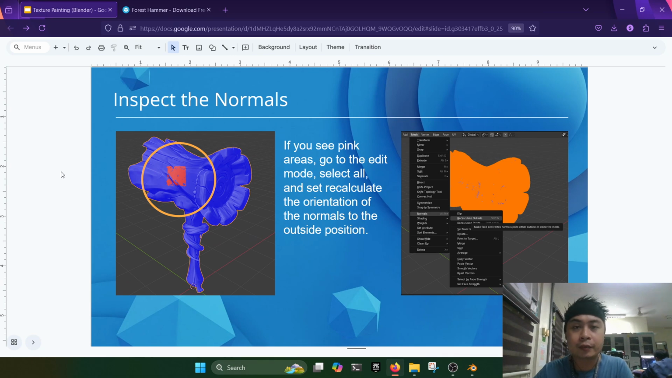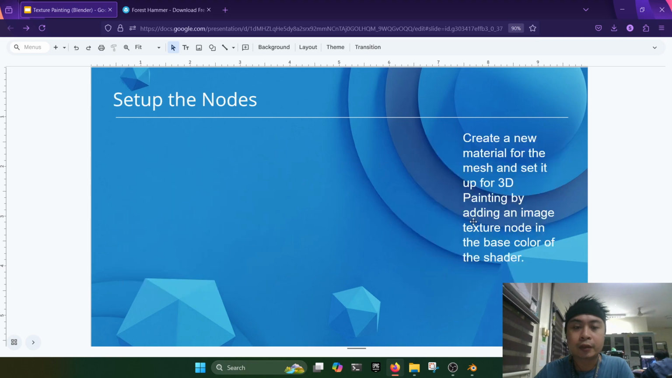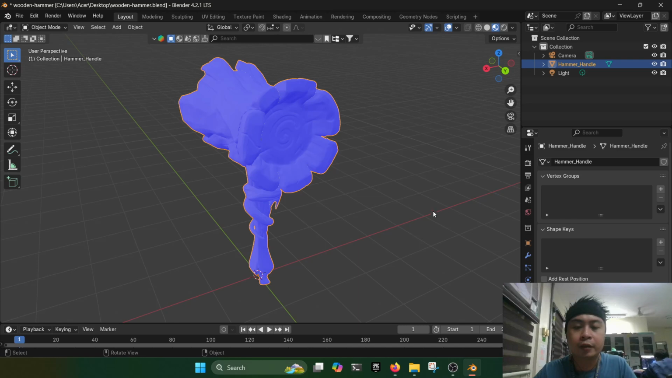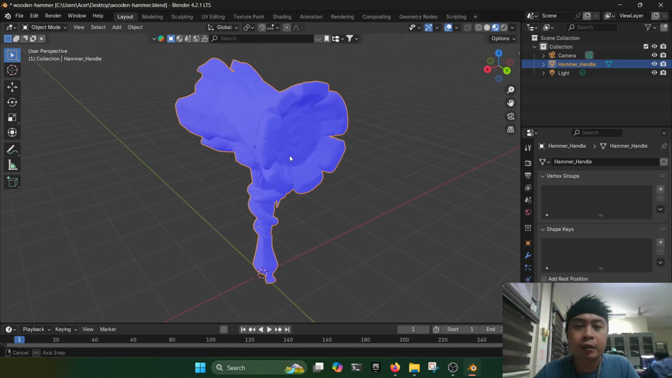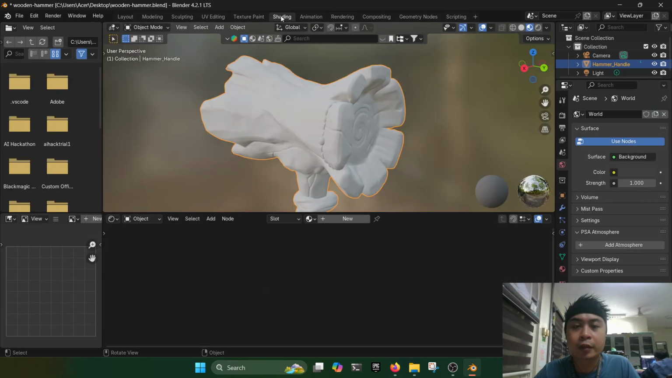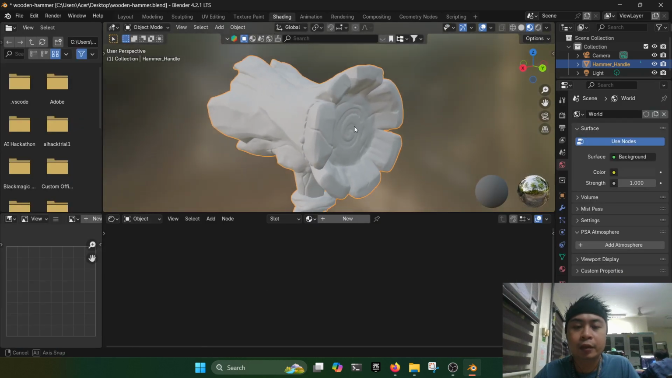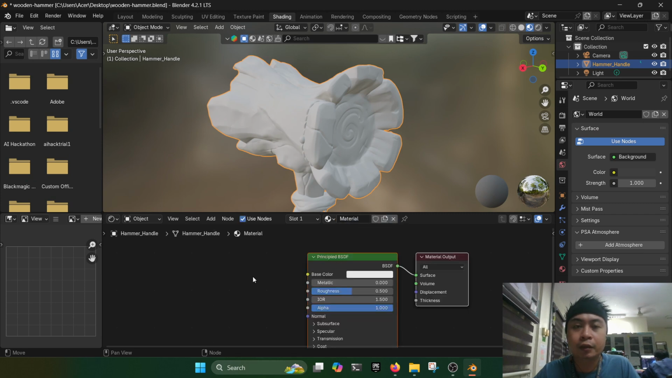we'll be setting up the material. After inspecting the normals of our 3D object, we are now ready to set up the material. In order for you to paint your 3D object, we need to set up a basic material for it. Just change the workspace into shading mode, and then click on new to create a new principled shader,